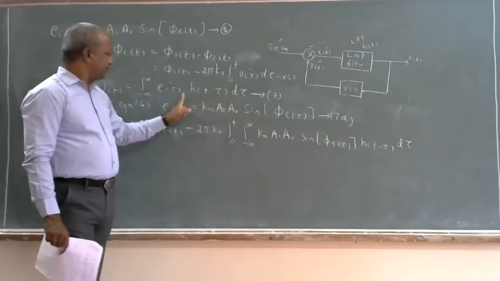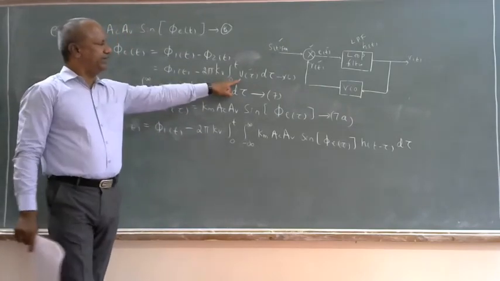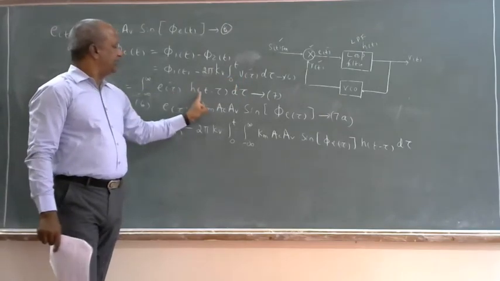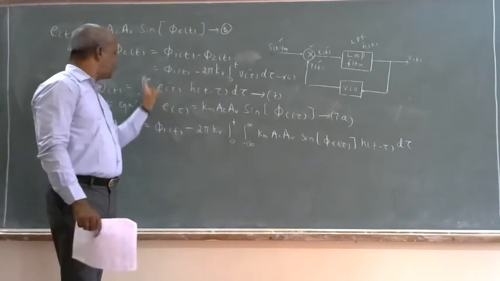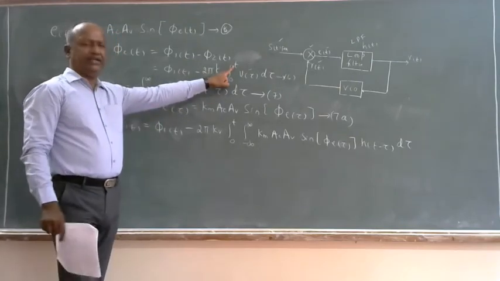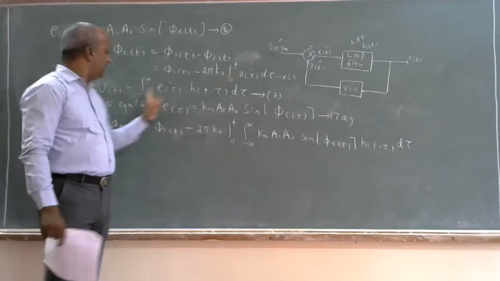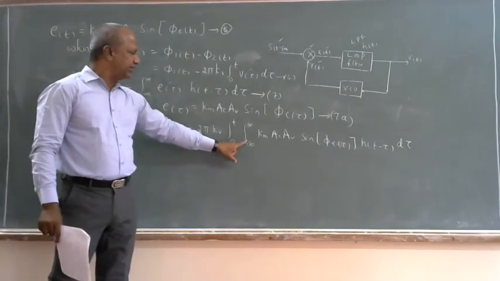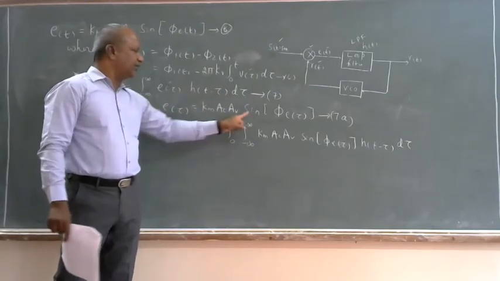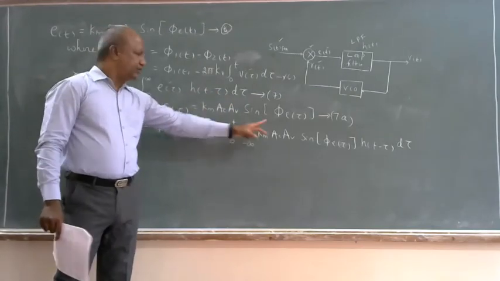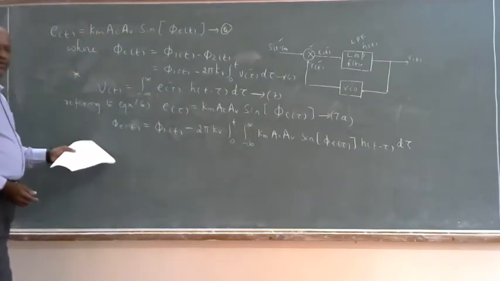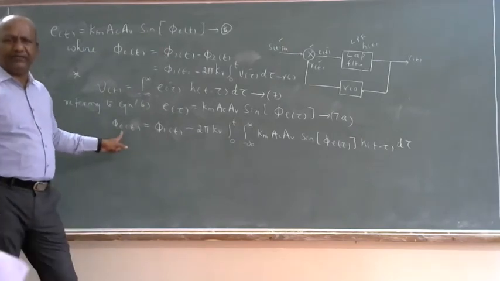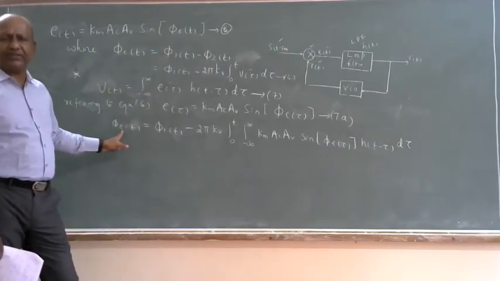Okay, see, I am substituting equation 7 as V of t. The 0 to t is one integration, and substituting this V of t, minus infinity to plus infinity E of tau into h of t minus tau, therefore the double integration. After that E of tau is substituted. So now after getting this equation, differentiate both sides with respect to time.